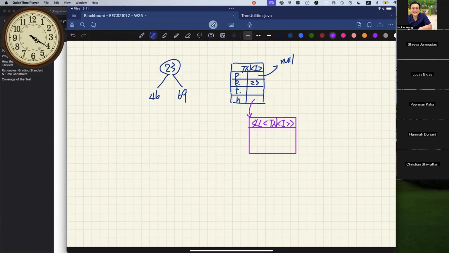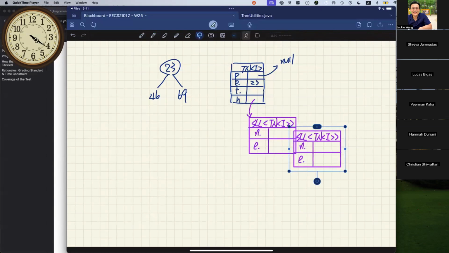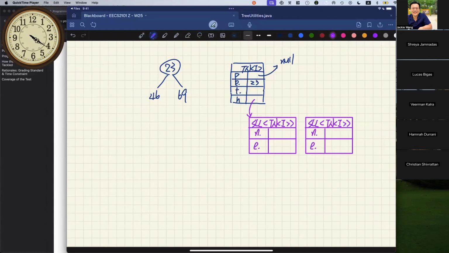And that one there is going to store some elements and also next. Let me put the next over here. And also it's going to store some elements. Since we got two child nodes over here, there should be another next. So what we have is the next is pointing to the second child node, the second node that stores the child node. And the next over here will just be null. What about the elements? The element is going to be the tree node.